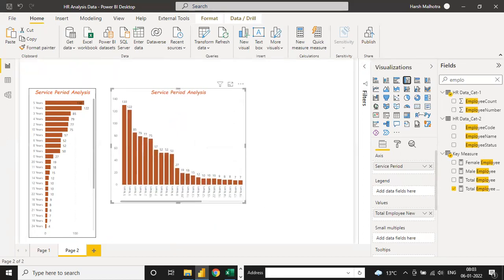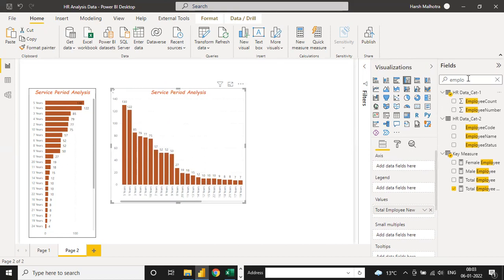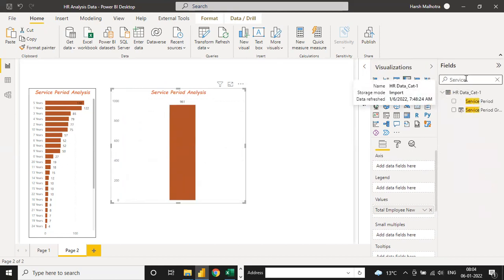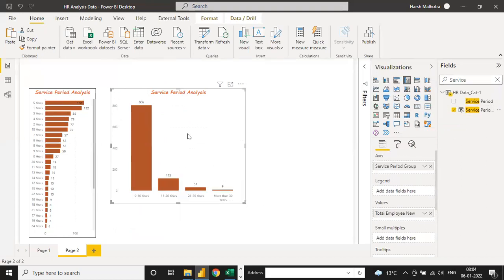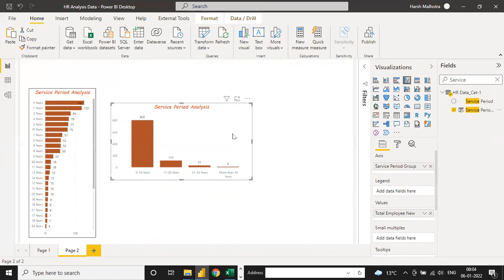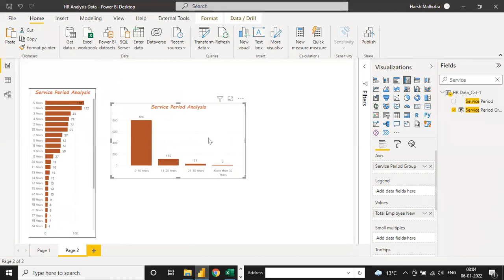Instead of service period analysis, you can check here the period group on the x-axis. You can see you have complete data: 0 to 10 you have 806 employees, 11 to 20 you have 115, 21 to 30 is 31, and more than 30 years you have only 9 people. So this way also you can analyze your service period analysis.